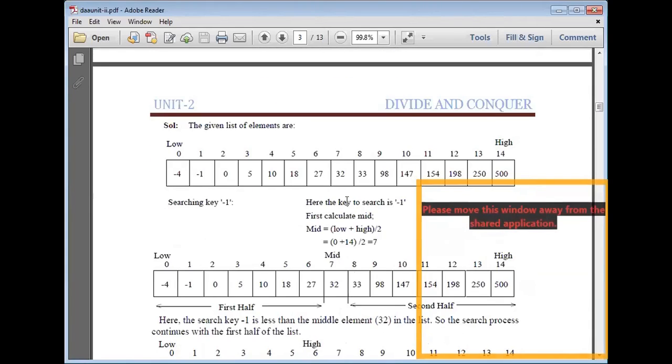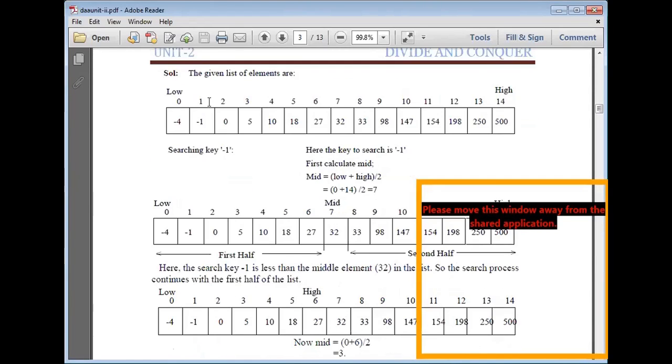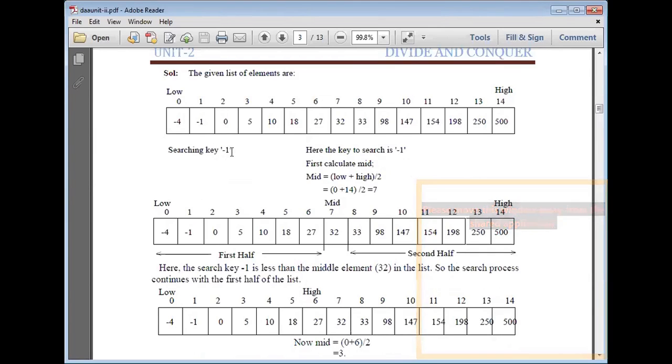So given list of elements, these are the indices 0 1 2 3 4 5 6 7 8 9 10 11 12 13 14, and the list of elements are given from -4 to 500. Searching key -1. Suppose searching key is given -1.